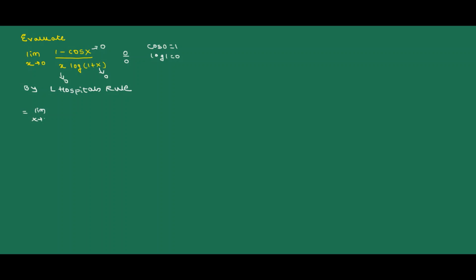x tends to 0. What is differentiation of numerator? Differentiation of 1 minus cos x is equal to, differentiation of 1 is 0, then minus sign as it is. Differentiation of cos x is minus sin x. Minus into minus, you will get plus sin x divided by